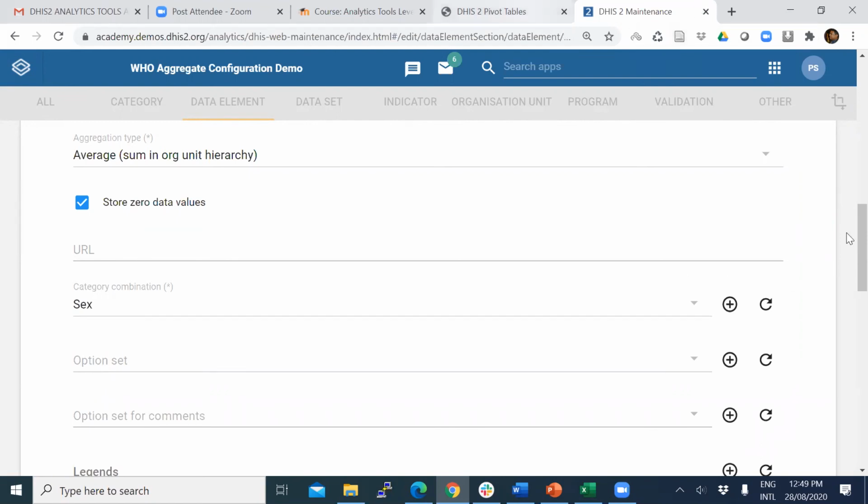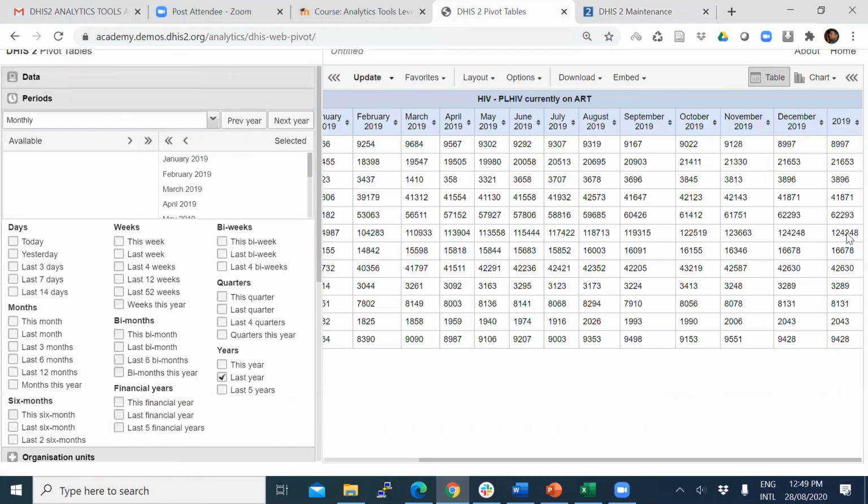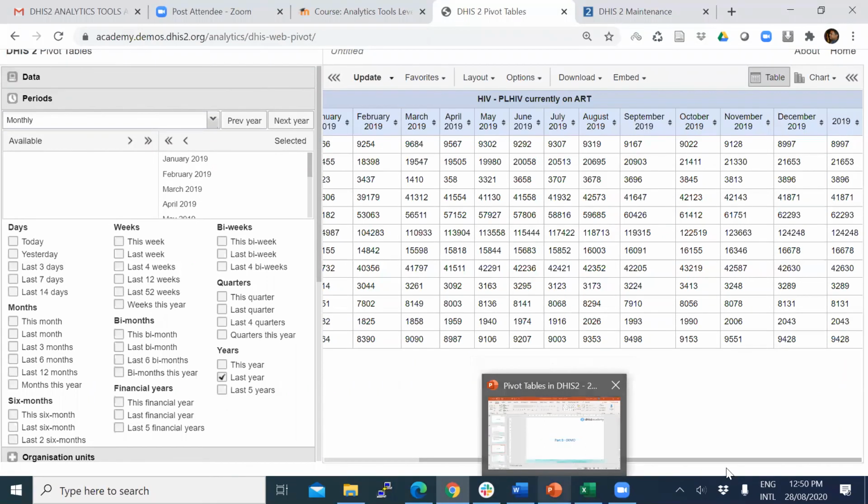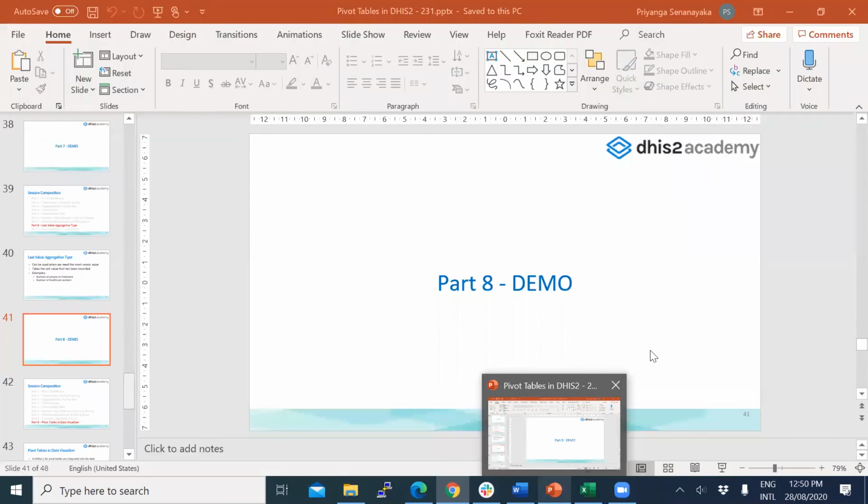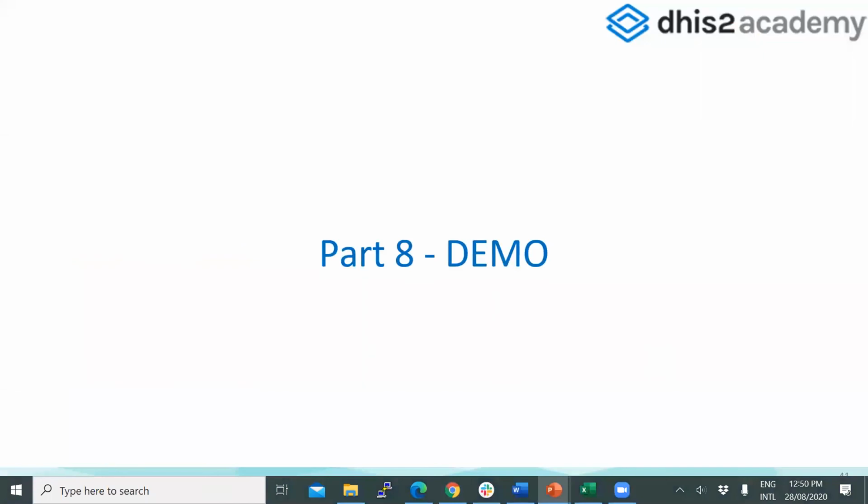What we did here was a temporary measure. It will not affect the data element by any means. This is just analytic output. Now, with this knowledge, we have completed part 8 also.